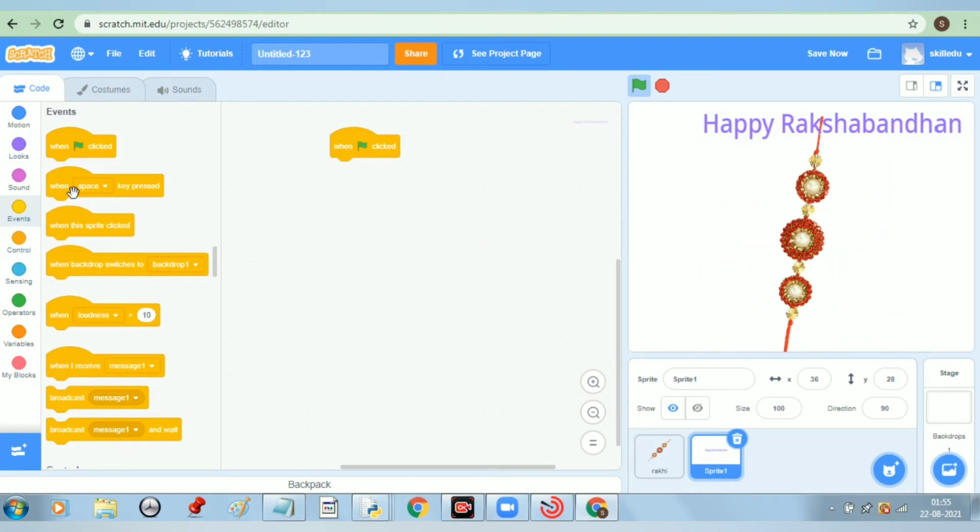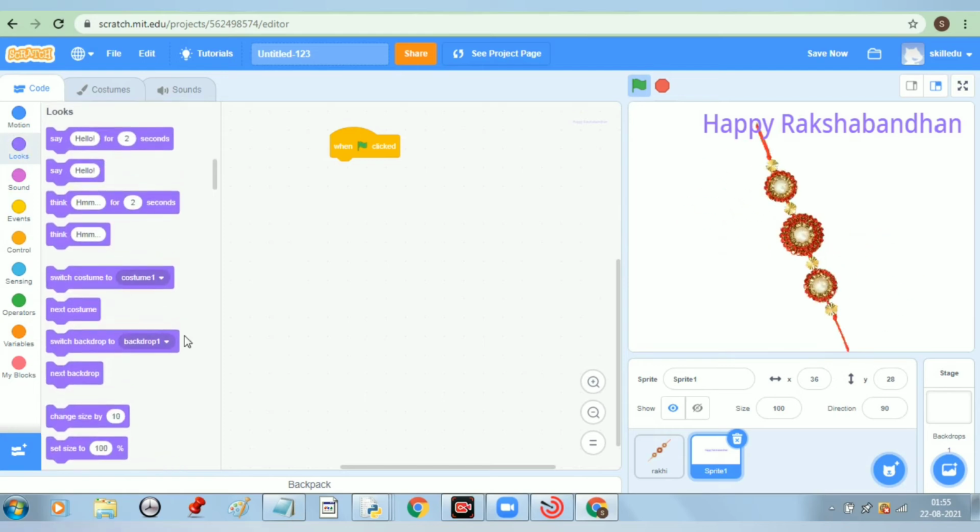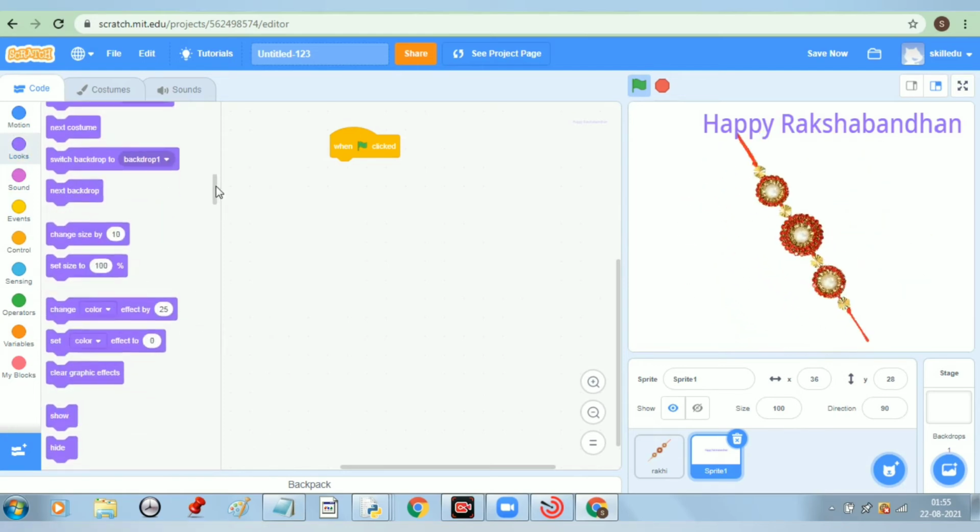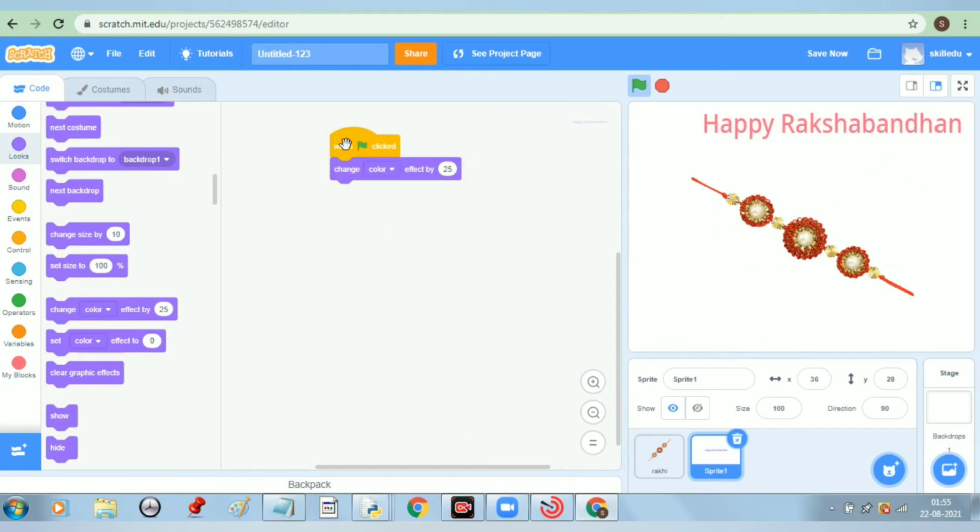Now for this sprite we want to change the color of this text. So we have this option of change color effect. When I click this, you can see the color of this text is changing.